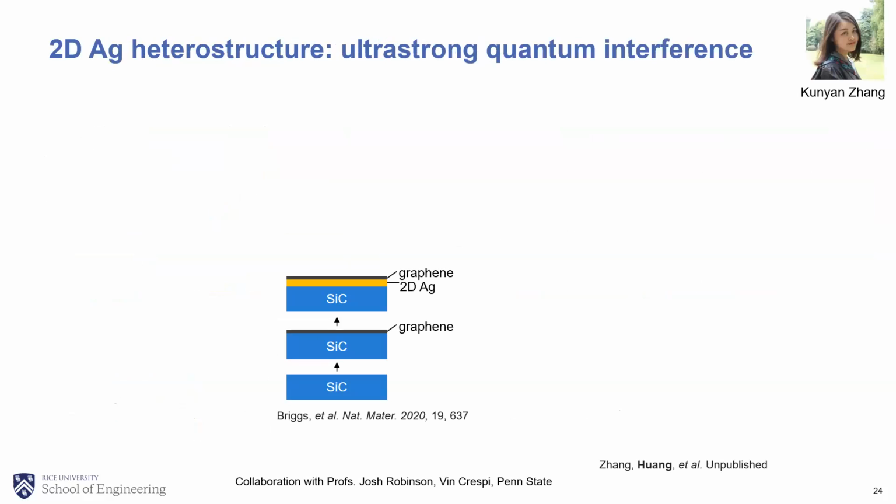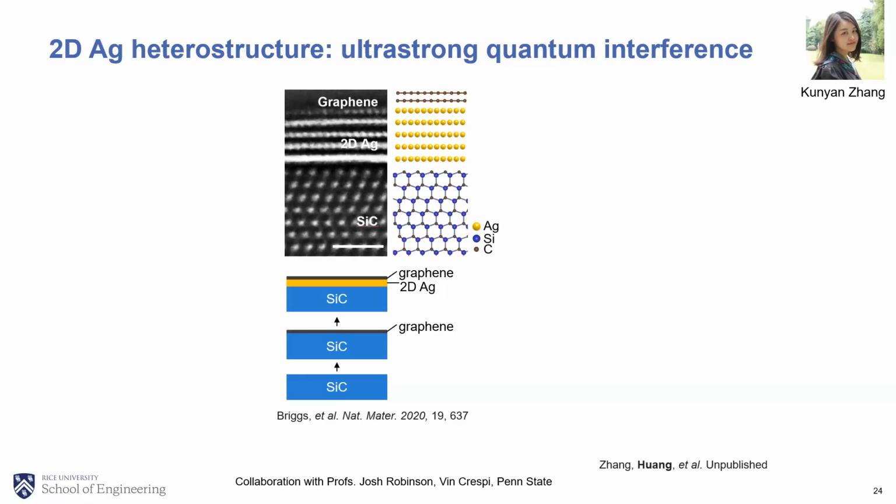So speaking of heterostack, recently we are also looking at this 2D metal heterostack. And this is a collaboration with Penn State Merced Center. You can see the material structure looks like this. So we collaborated with Josh Robinson's group at Penn State and made this material. We can start with silicon carbide and perform epitaxy of graphene on silicon carbide. After the graphene epitaxial growth, we can introduce a few layers of 2D silver atoms in between graphene and silicon carbide. Next slide.